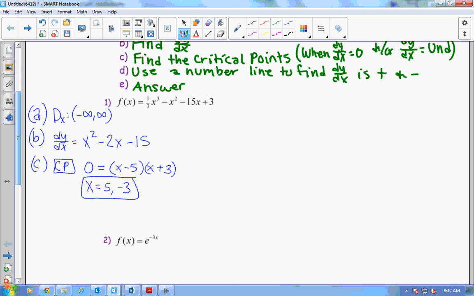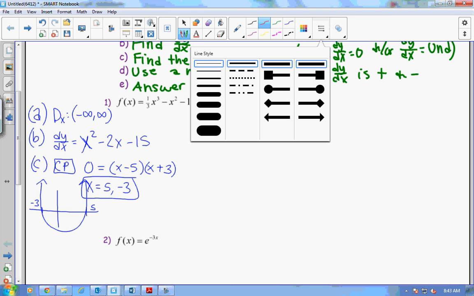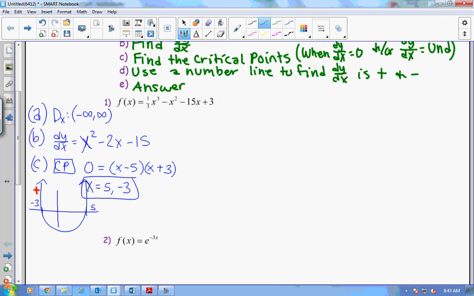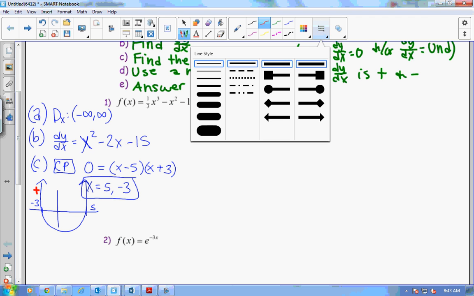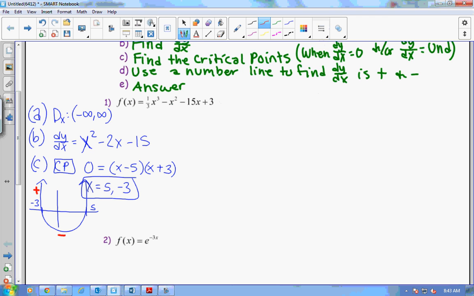Okay, so just a quick sketch to help us visualize what's going on. Here is 5. Here is negative 3. Is our quadratic positive or negative? It's positive, so it's concave up. Which means here, our velocity function is positive. Here, velocity function is negative, and here positive. Okay, so part D, let's use a number line to find